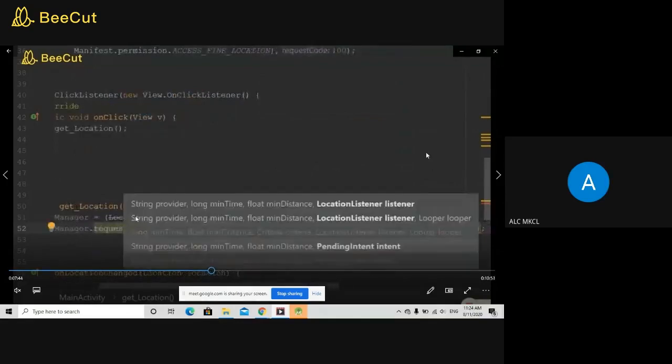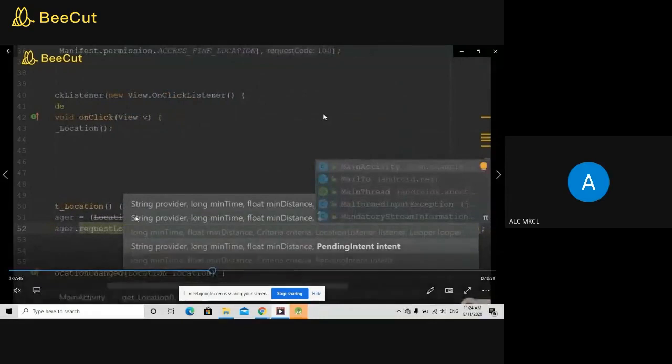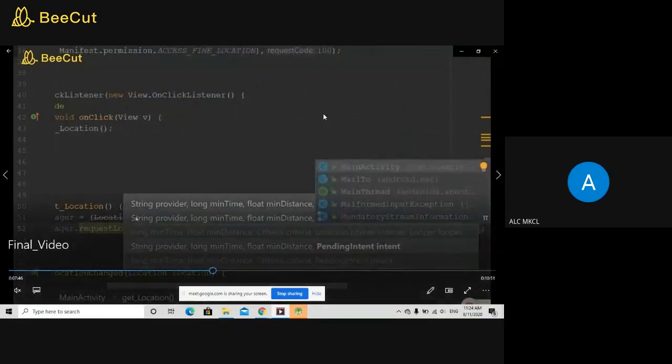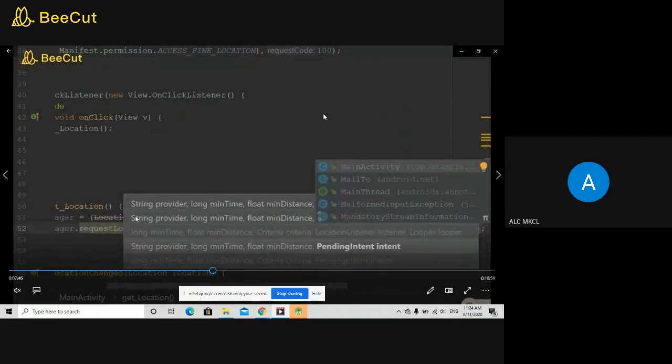This is the minimum time in seconds, meaning whenever you're moving with your mobile. It is quite a different thing. Like, every time you try to update the location, it will cost your battery life.